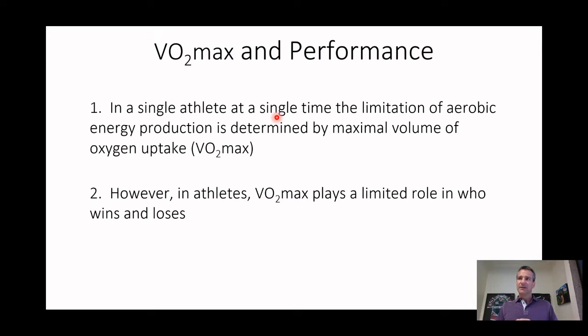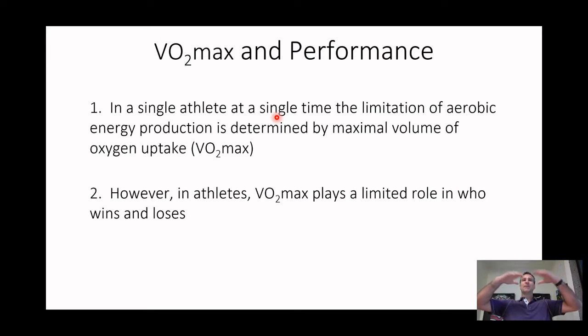Okay, so we talk about it being an ante in a poker game. That's how much you have to pay to be allowed to play. So the VO2 max that gets you into the game, if you're a high school athlete, is relatively low. A college athlete, it's going to be pretty high. A national level athlete, now we're talking bigger numbers that get you in. You might have been really good at college, but maybe it's not quite good enough to get you in at the national level. And maybe that national level isn't quite good enough to get you in at the Olympic level.